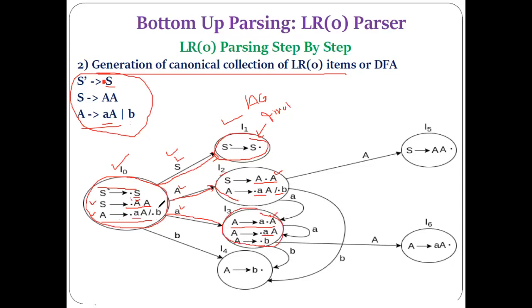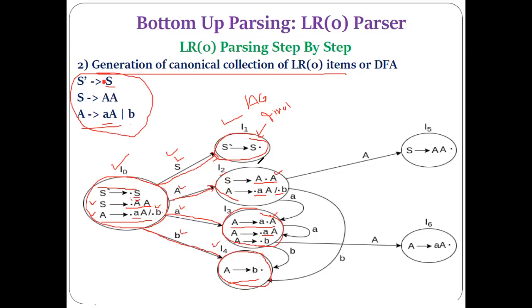Okay. Now the next production here is A derives dot B. So here we will apply the goto operation again on the terminal B. After applying the goto operation, you have to move the dot from the left of this terminal B to the right. So after that you will get this state, and there is no need to perform the closure operation here because there is nothing present after the dot. This state we name I4.